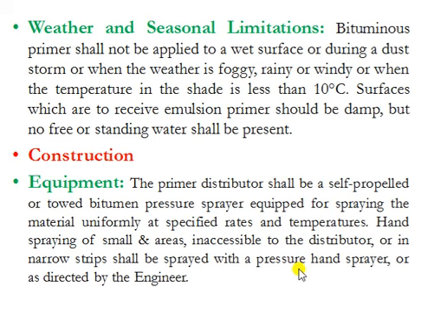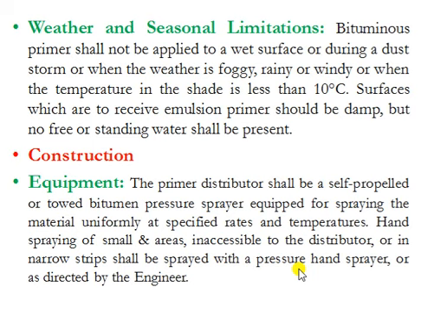So the equipment used in the spraying of primer is a sprayer with high pressure. The sprayer which is used for spraying this primer should uniformly spray the primer throughout the pavement, and with variation of the temperature there should not be any changes in the sprayer, but the spray of primer